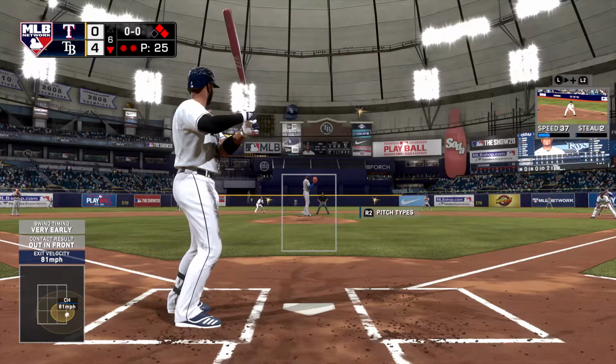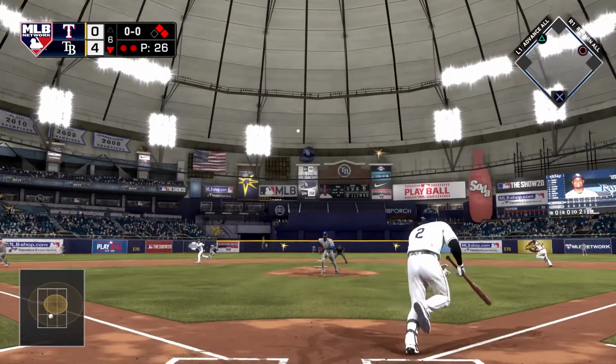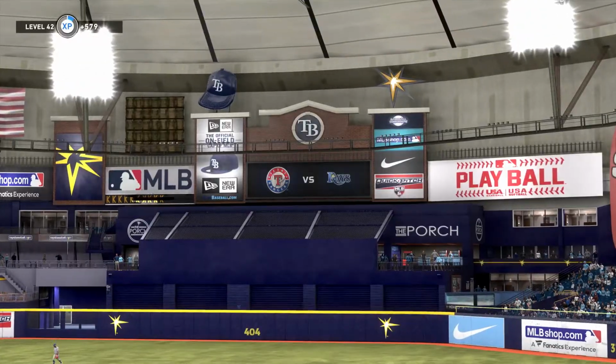Third baseman number 2, Yandy. Stepping in now, Yandy Diaz. Little chopper back to the mound. Throw to first in time, and the big